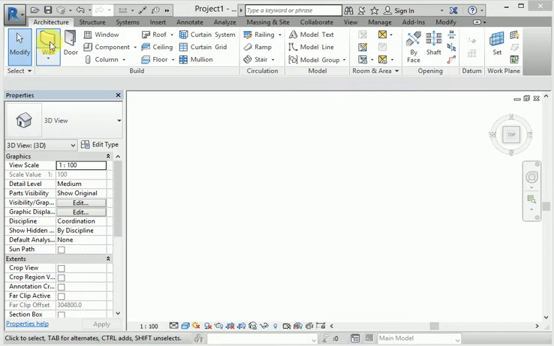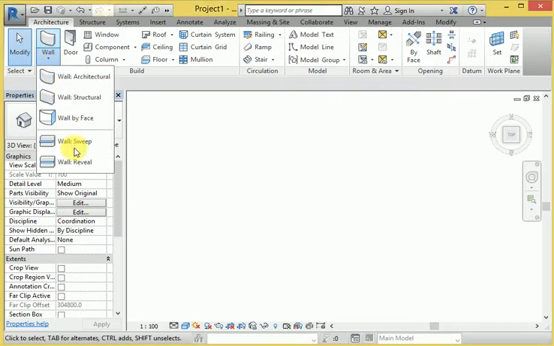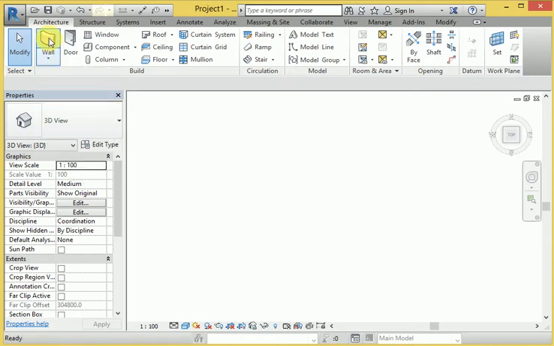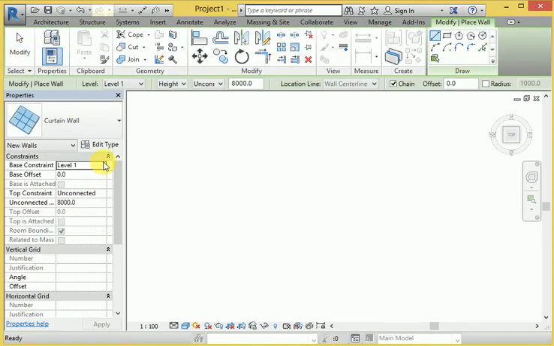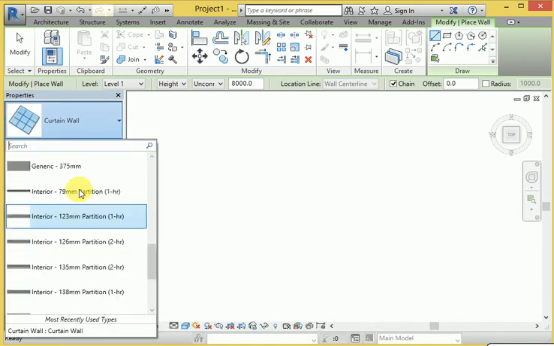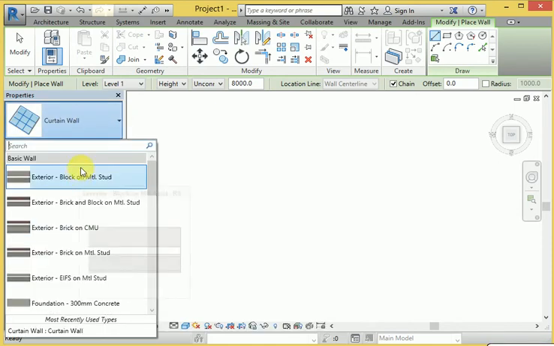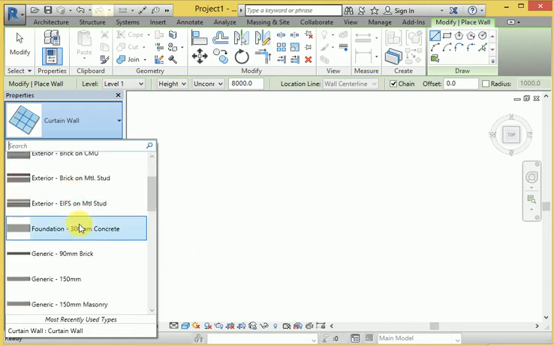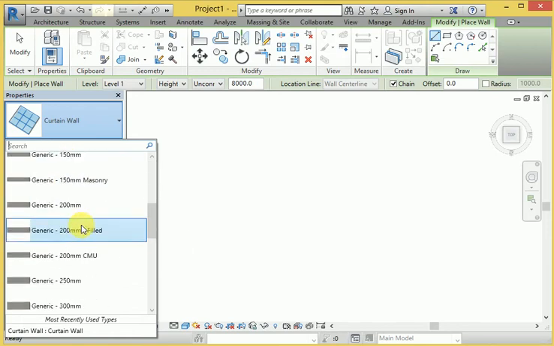First of all, select this wall here. There are many different types of wall available: architecture, structural, face wall. Here we generally use the basic wall, which is normally used.